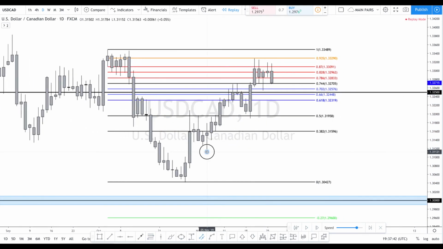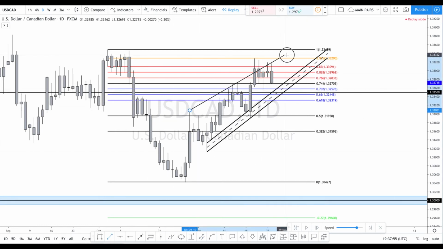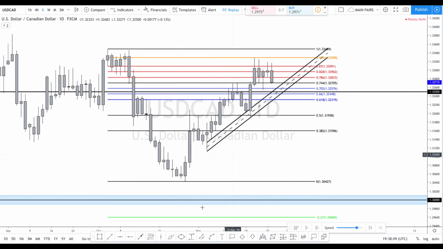We get our level out, which now shows us CAD. That for me is CAD's bullish trend line. You also got here as well if you want to draw the upside one, but I only really draw the line that I'm the bias that I'm looking at. So I'm looking at it to break down, so I only need the bottom one. So we see price has come right back up into where